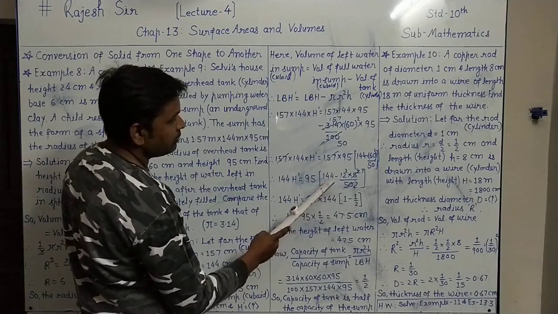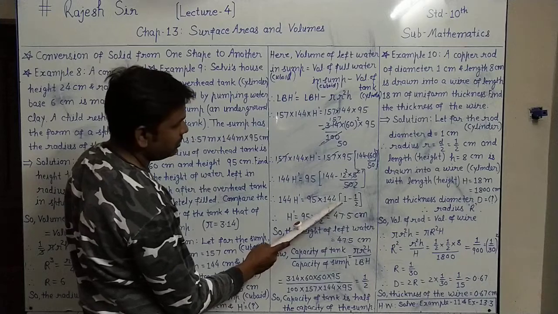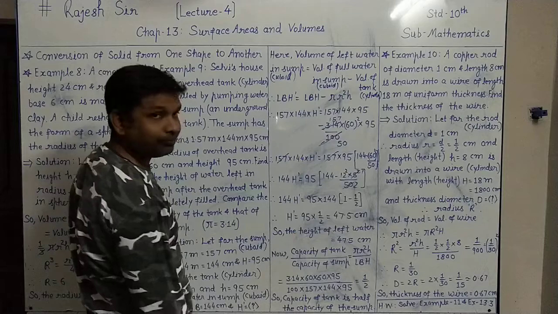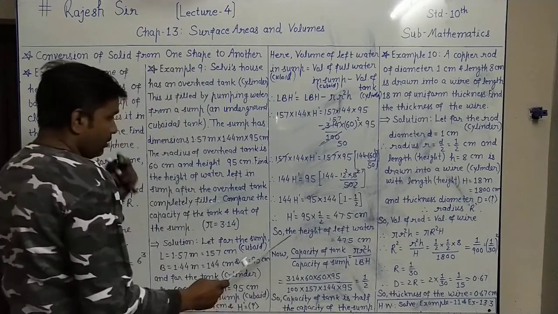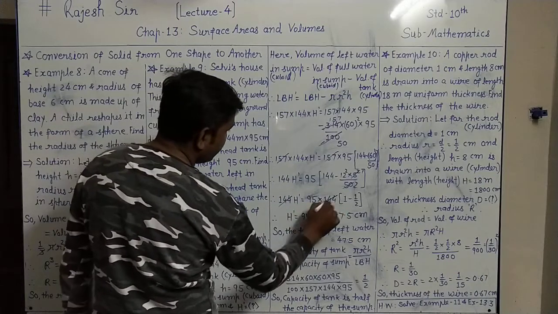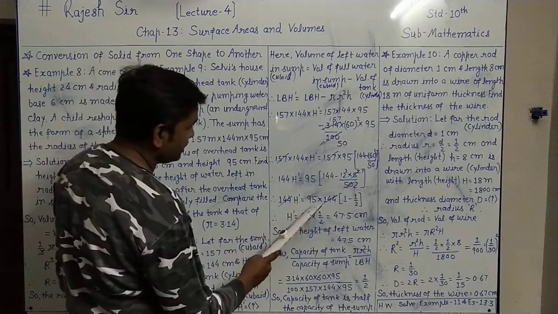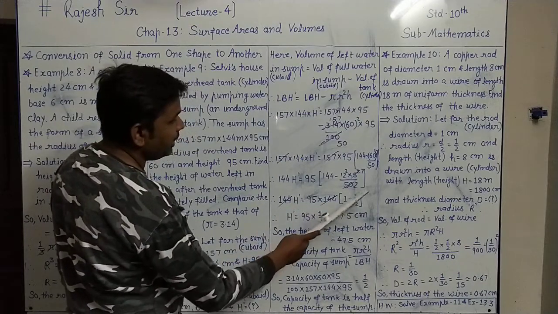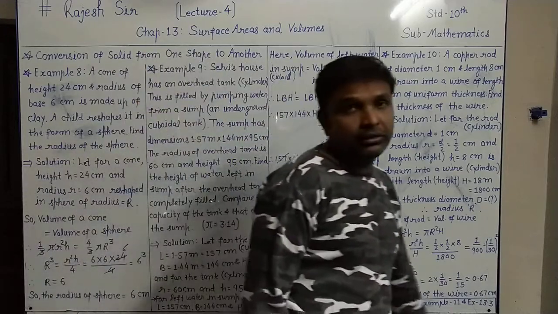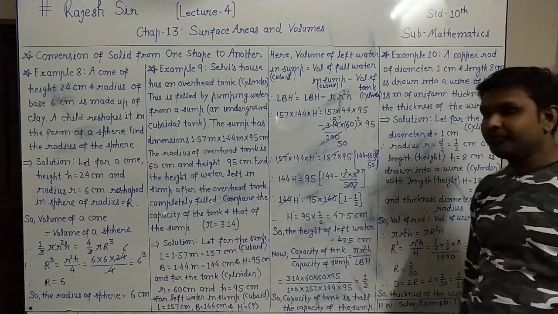Again this 144 minus 144 upon 2. So 144 is common. Here remaining 1 minus 1 by 2, 144 is out. Then again on both the sides 144 is cancelled. Then H dash equals to 95, and in the bracket 1 minus half. 1 minus 1 by 2 is 1 by 2 only. So 95 into 1 by 2.